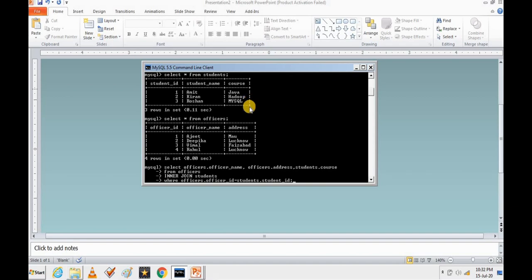So guys, let's revise the command we have used. We have to mention the columns. Select officers.officer_name, because the table name is officers and officer name is the column name. Then the address, the second column, which we want included in our table. From officers inner join students where